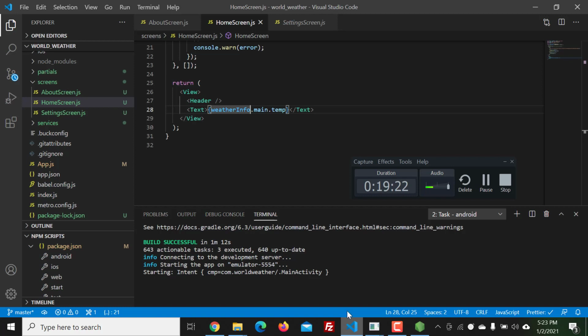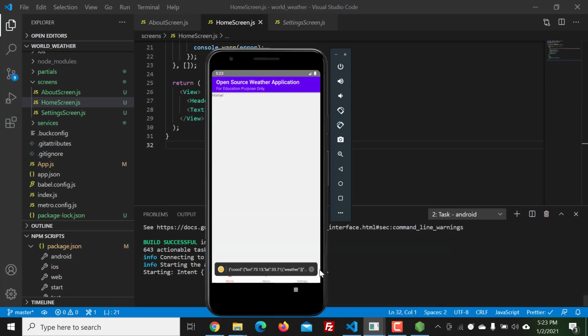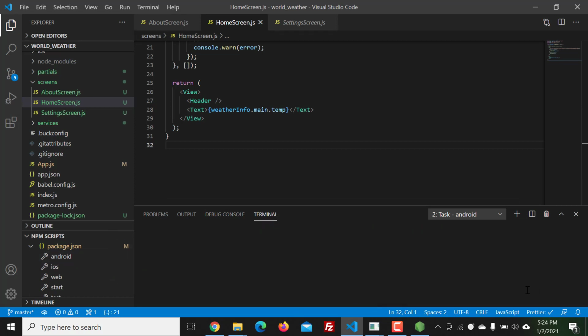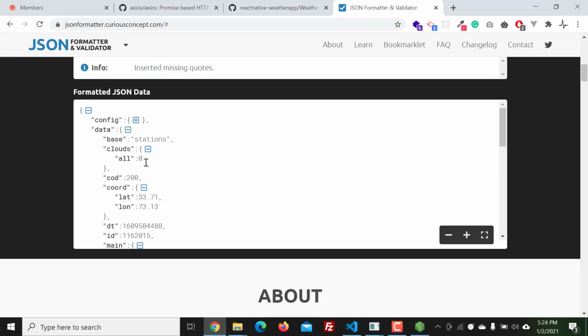Do I need to restart? Why is it not detecting the change? I think I should restart. So here, okay, you can see inside data,